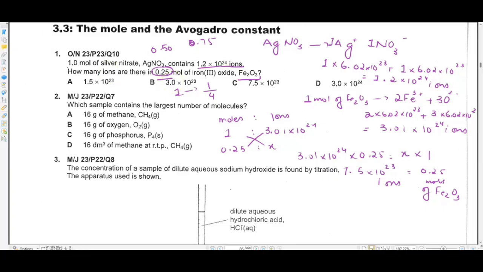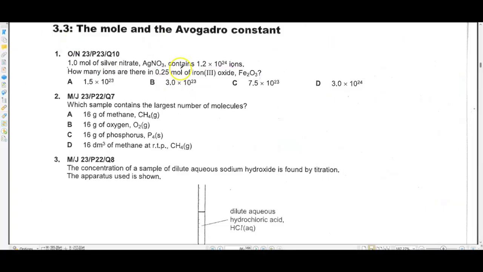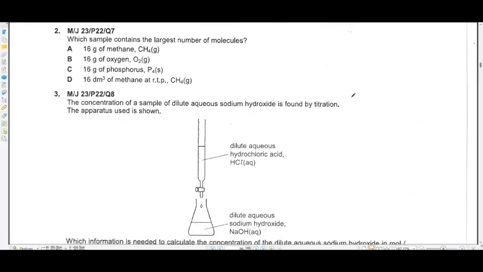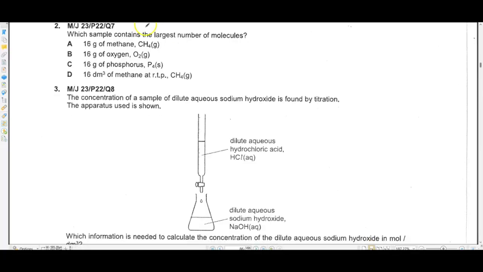Acha, let's clear up the space for question number 2. You can write down on the top of the question that this is how you find the number of ions in a compound, and then the number of ions in a specific number of moles in that compound as well. Okay? This is the method. I've explained the logic as well, but sometimes you have to remember things as well. It's not like you shouldn't remember anything and should always go towards the logic. You've got to remember the logic as well.